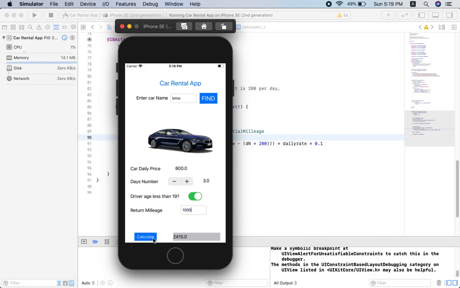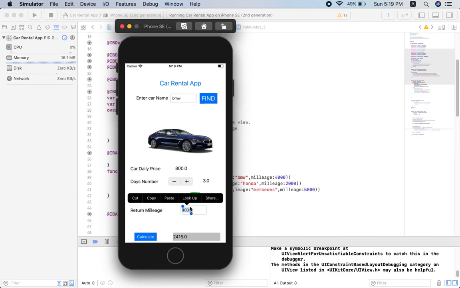Here the return mileage I have given is less than its actual mileage, so it will not work. So for BMW, the mileage